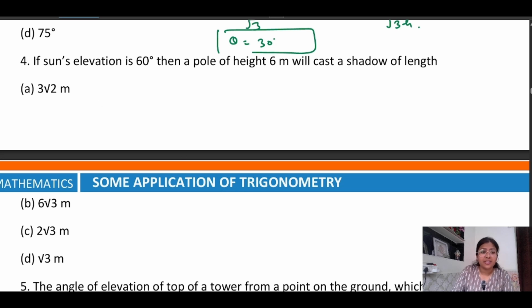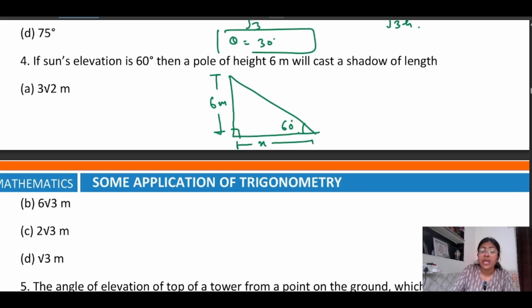हेलो लर्नर्स, अपन स्टार्ट करते हैं। अपन ने थर्ड क्वेश्चन कंप्लीट कर लिया था। अब अपन क्वेश्चन करते हैं फोर्थ। दे आर सेइंग, इफ द सन्स एलिवेशन इज 60 डिग्री, देन द पोल ऑफ हाइट 6 मीटर विल कास्ट अ शेडो ऑफ लेंथ। हमें क्या करना है? शेडो की लेंथ निकालनी है। कब? जब एंगल ऑफ एलिवेशन कितना हो? 60 डिग्री। कितना लंबा पोल है? 6 मीटर हाइट का पोल है।